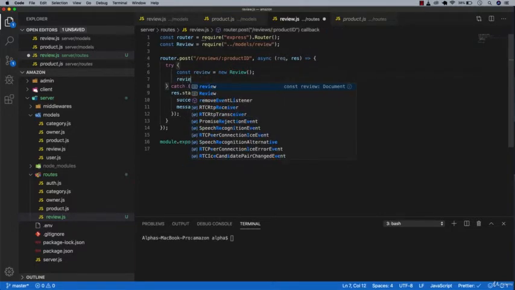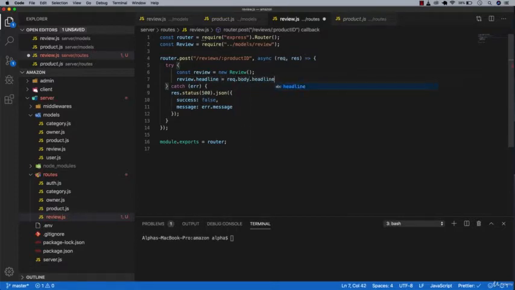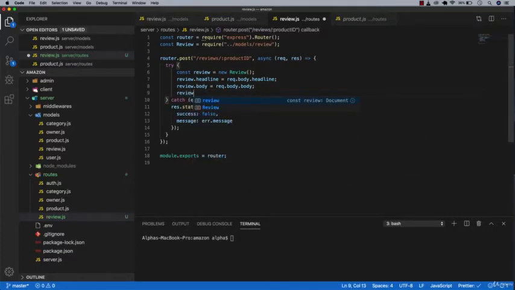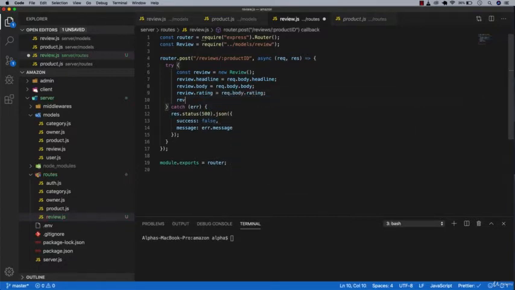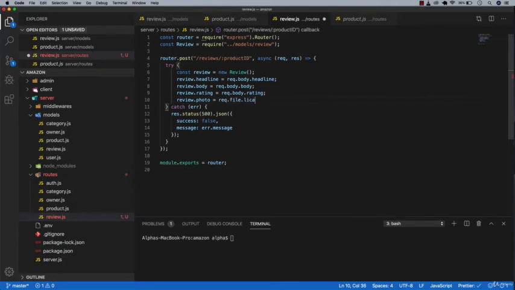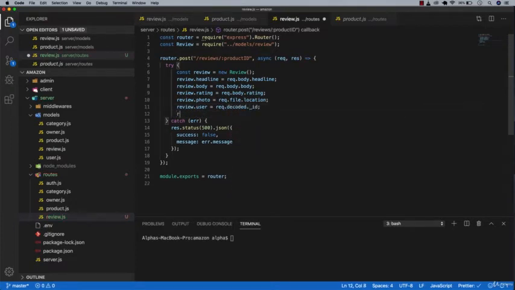And now review.headline equals request.body.headline, and review.body equals to request.body.body, and then review.ratings equals to request.body.rating, and then review.photo equals to request.file.location, and review.user equals to request.decoded._id, and then review.productID equals to